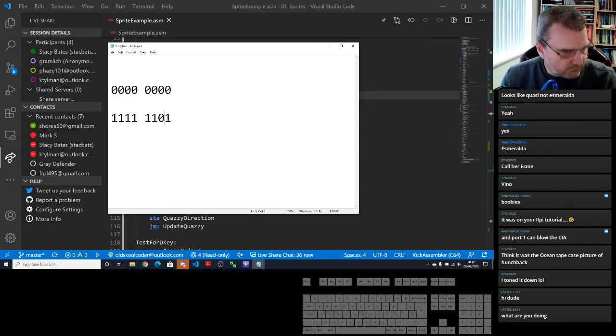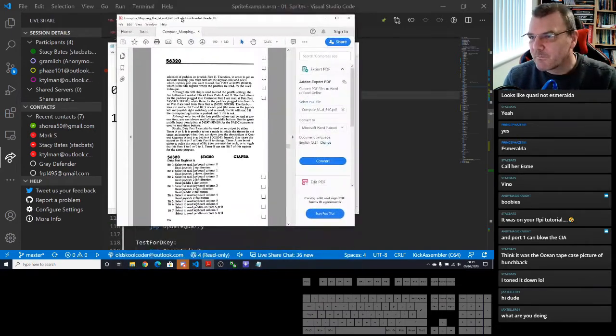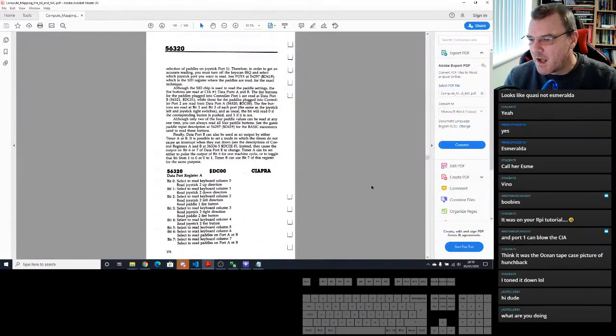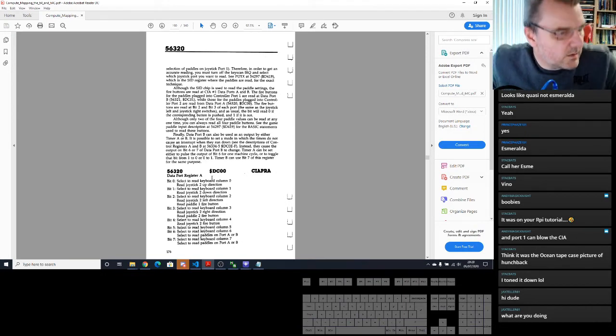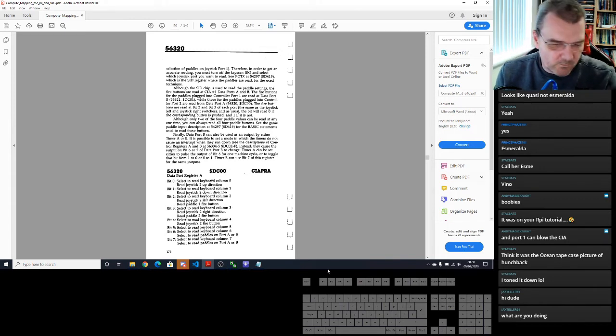Now, the joystick port is on port number 56320 or DC00. That's joystick port 2. As you can see, bit 0 is for up.